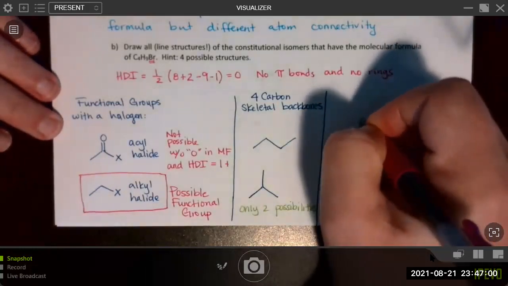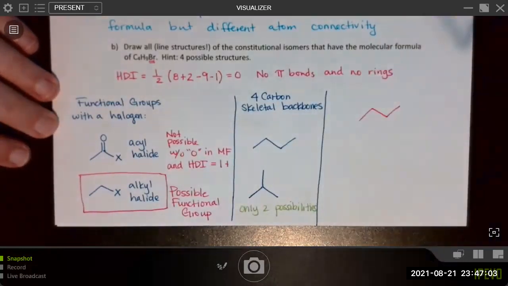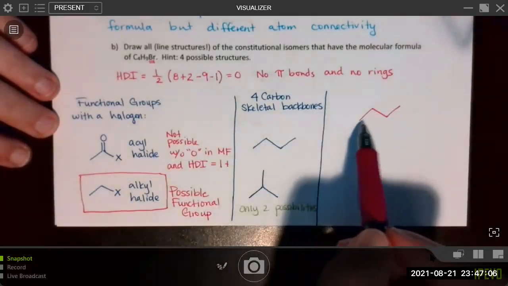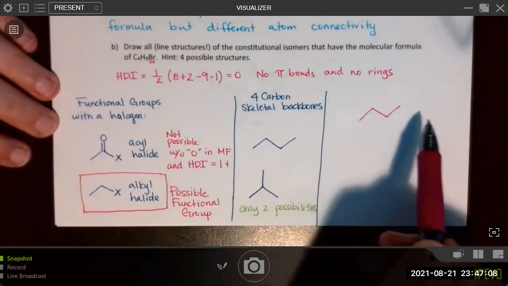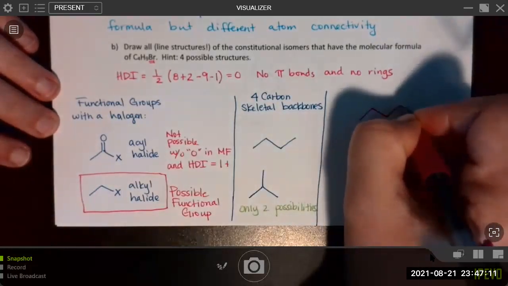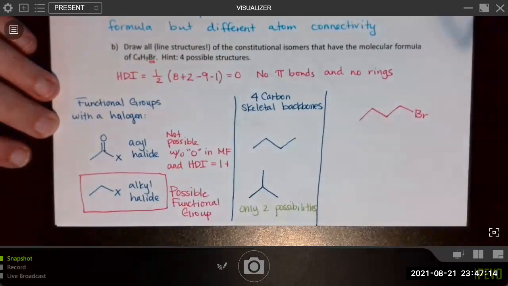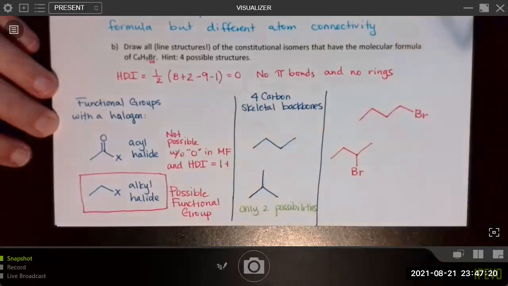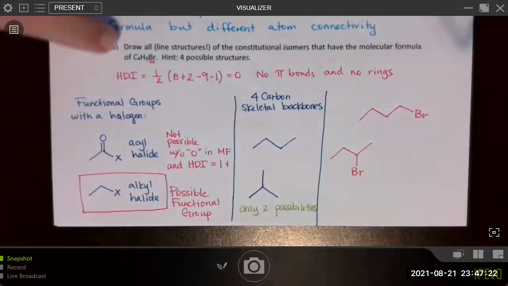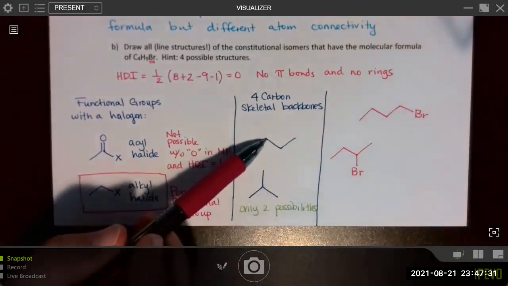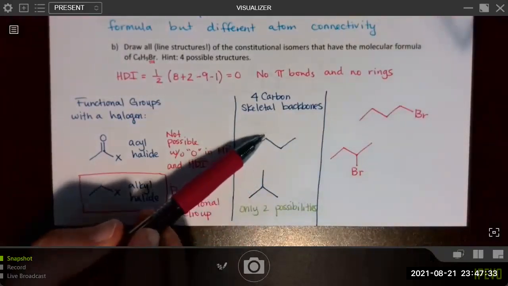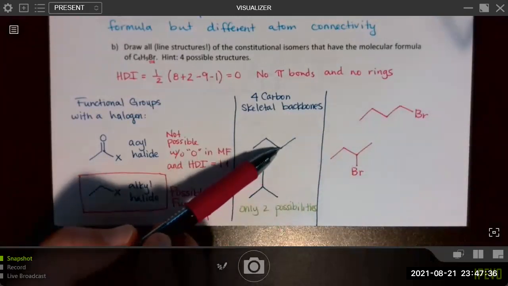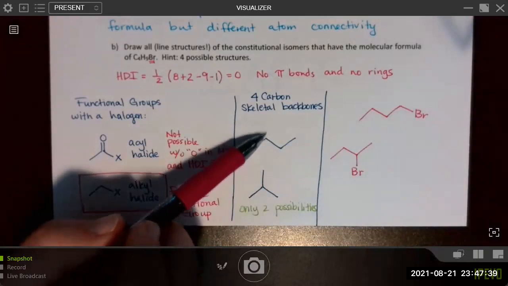So what if the bromine was at carbon number 1? You can think of carbon number 1 as this one or this one, if you're counting this way or that way. Maybe it goes at carbon number 1. Let's put it here. That's 1 structure. What if it goes at carbon number 2? That would make this structure. Those are different, and they have the formula that we're looking for. They have different atom connectivity, so they are constitutional isomers. What if I was to put the bromine here? That would actually just make the same compound as when I put it here, because I can just start counting the other way. 1, 2 with the bromine here.